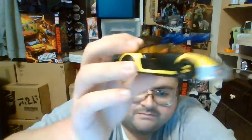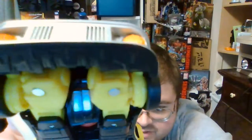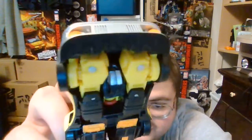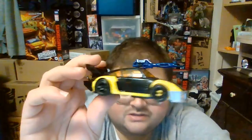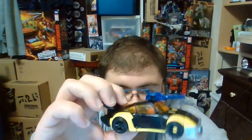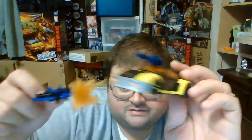So, do I recommend getting Jackpot and adding him to your Transformers collection? Absolutely, I do. Is it a pain that he has the infamous QC issue of the two halves of his robot mode helmet not lining up properly? Very much. That is one of the make-or-break deals with Jackpot, his robot mode head sculpt. But yeah, I do really enjoy how Jackpot turned out,